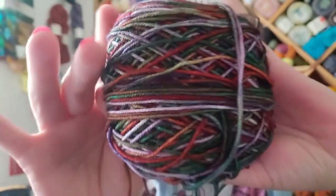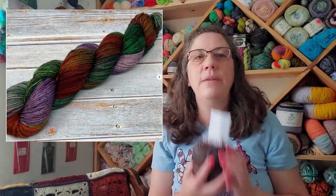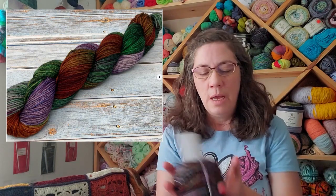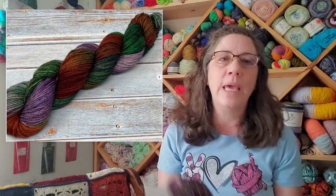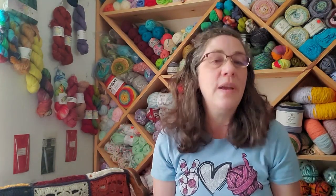And it was such a pretty colorway in the hank. This is definitely one of those that I wanted to leave in the hank forever and never ever use because the hank was so gorgeous. But alas, we can't really enjoy the yarn unless we take it out of hank form and put it into a cake. So the pattern that I chose to use this yarn on,